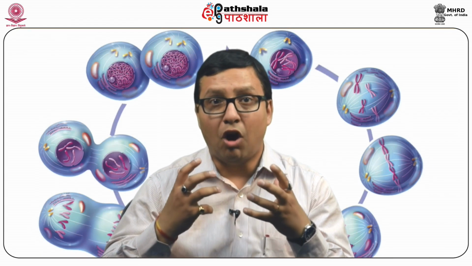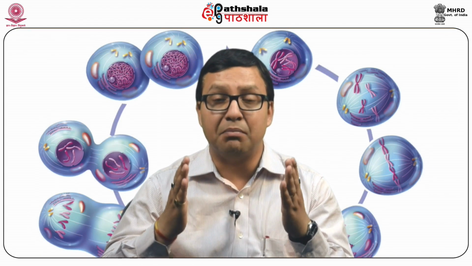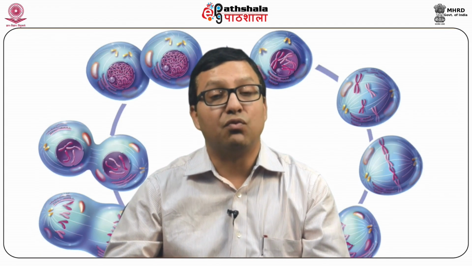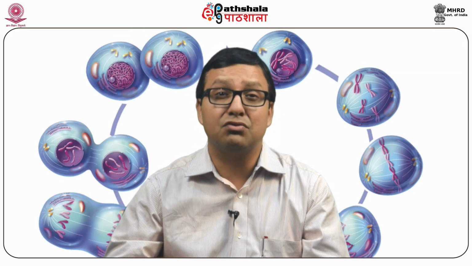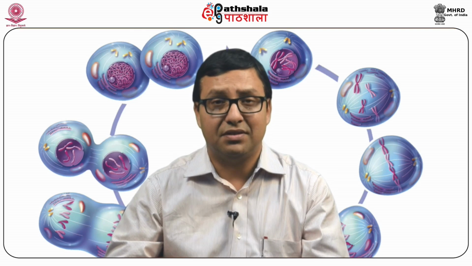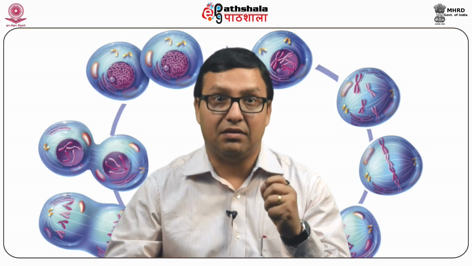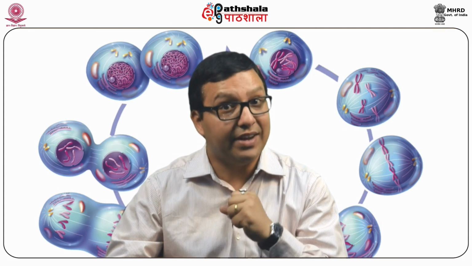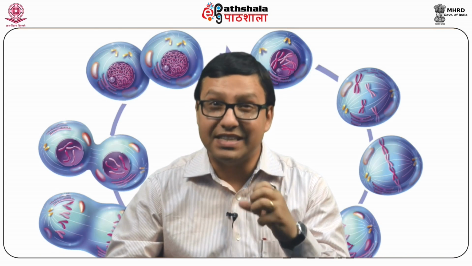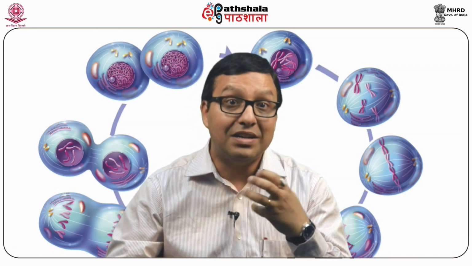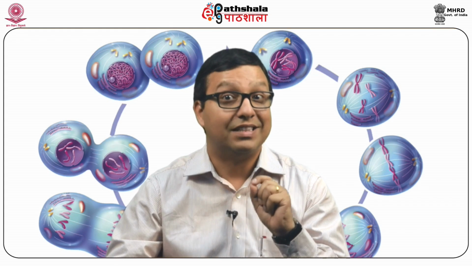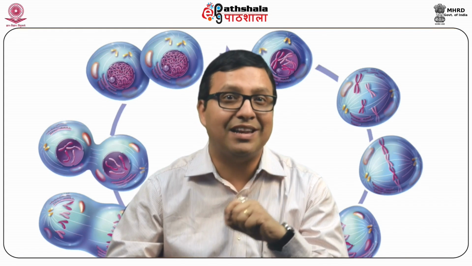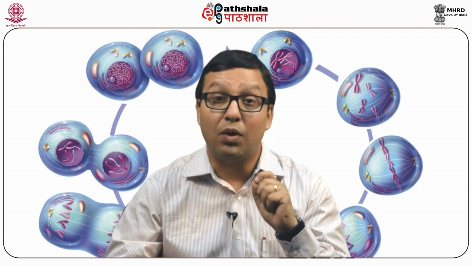For the normal development and maintenance of the multicellular organism, coordination of cell division is very crucial across different tissues and organs. It can be achieved by coordinating the timing of cell division as well as the regulation of cell division rate. It would be interesting to know that all cells of our body do not follow the same cell cycle. Any kind of failure in these crucial events ultimately leads to cancerous growth.